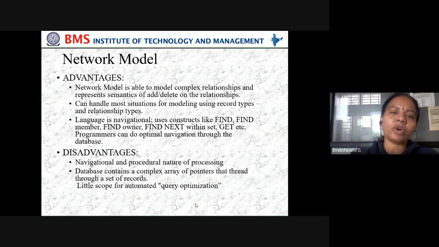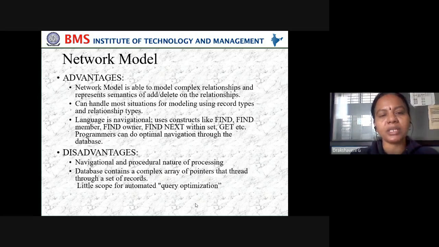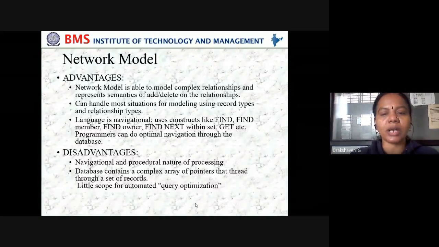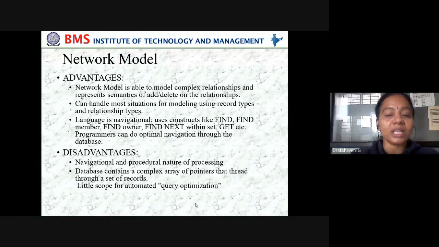Then what is the network model? So, advantages of the network model. The network model is able to model complex relations and represent semantics of add and delete on the relationship. It can handle most situations for modeling using record type and relationship type. And the language is navigational, uses constructs like find member, find owner, find next within set.